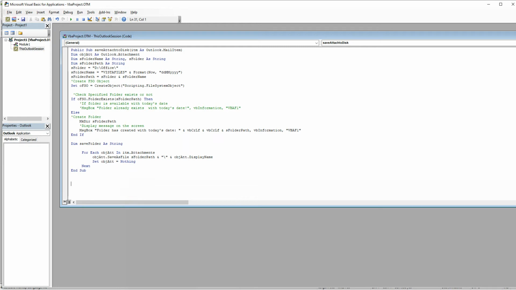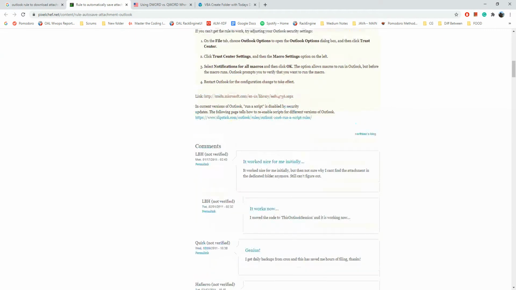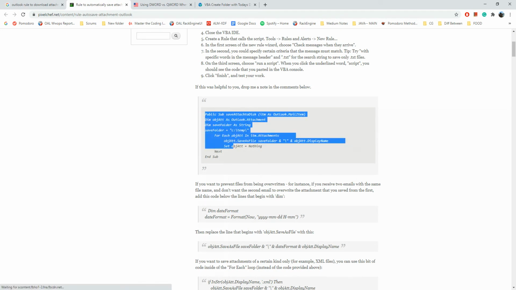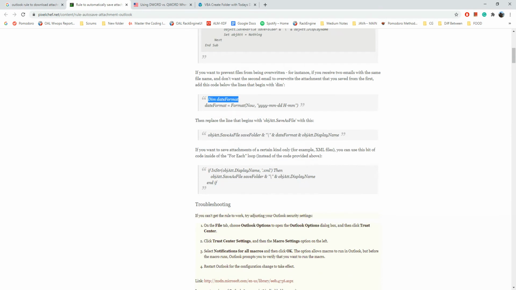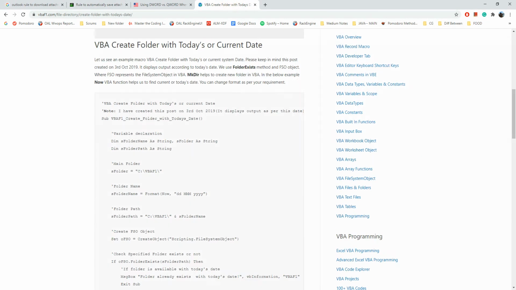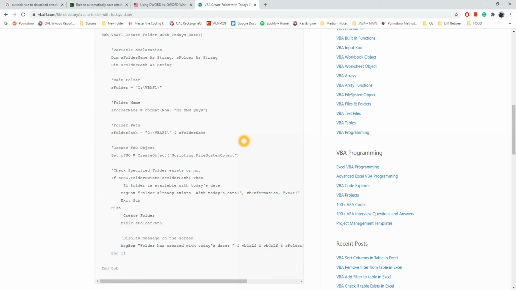If you want to do a simple task like downloading all attachments, I'll give you two links and they will help you out. Just wait for a second. I'm not a master. I have gone through this link and tried using it, and this is the one you can use for storing all the attachments. Just make sure you set up your rule correctly, and this will handle the date format. The second thing I use is this particular website for creating a new folder. I have clubbed them together, and that's how we came to this conclusion.